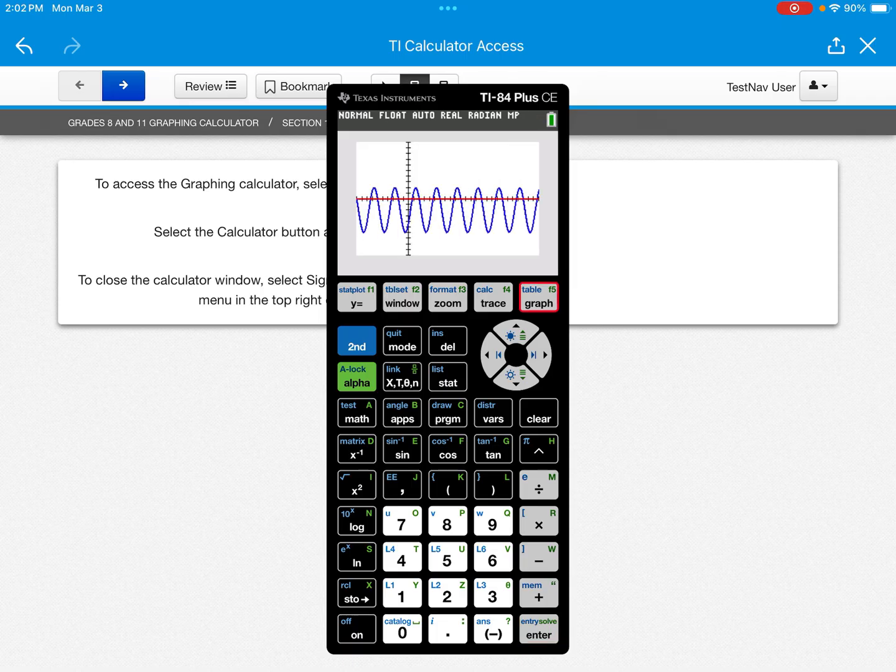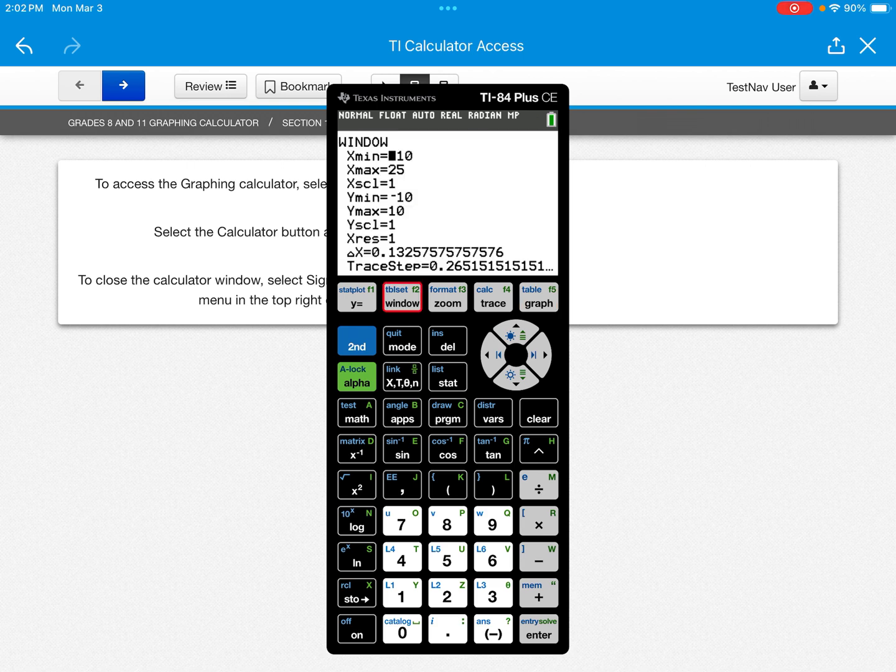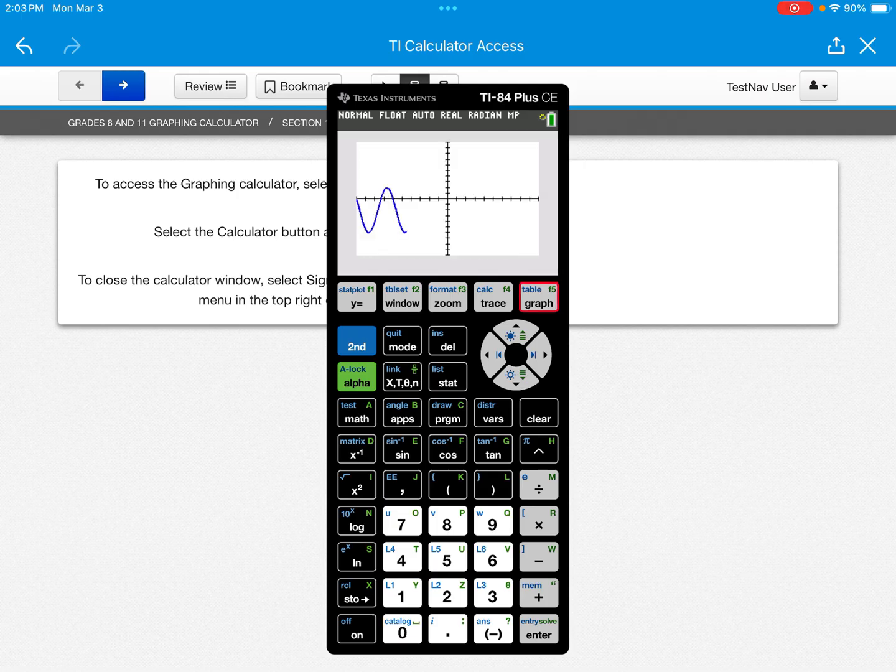Now, there's not a whole lot of space between these solutions. I'm going to go back and fix this window and make this window not as wide. I'm going to put that x max back at 10. Going to window, going to x max of 10, and I'm going to graph this. Now those solutions are a little further apart, and I do still have 3 solutions that we are going to find. So, second trace, intersect, first curve enter, second curve enter, guess that first positive solution,